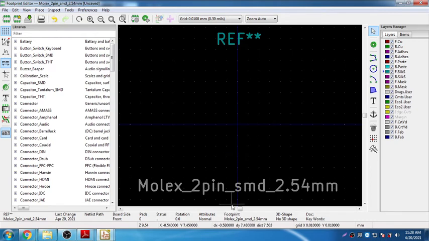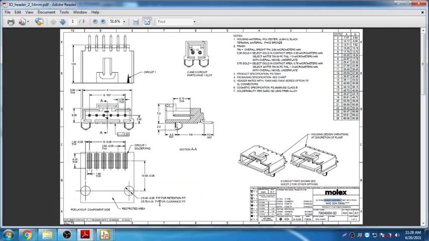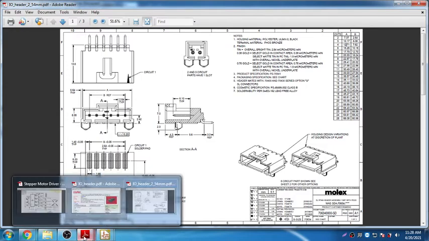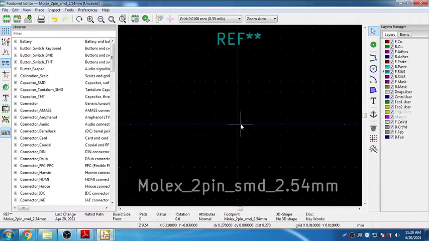Now we need to decide how to start with the footprint. Let's look at this diagram to see how the component is supposed to appear. We need to design a rectangular box, with one dimension 13.6 and the other dimension 7.37. So I'm going to start drawing a rectangular box, or a graphics line.